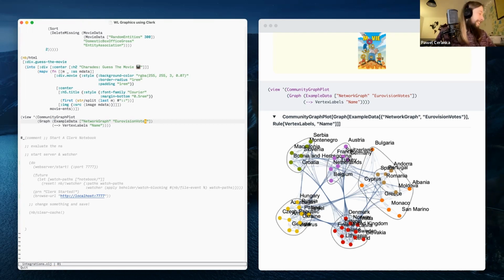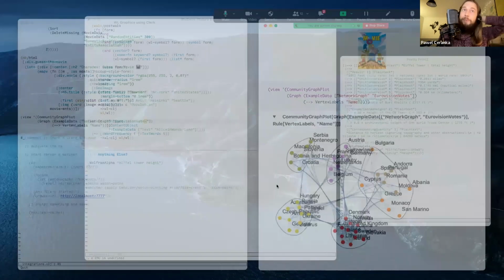If you've seen that before, the neighboring countries vote for each other and stuff like that. So it's a good example of a community graph plot. I just added that now.